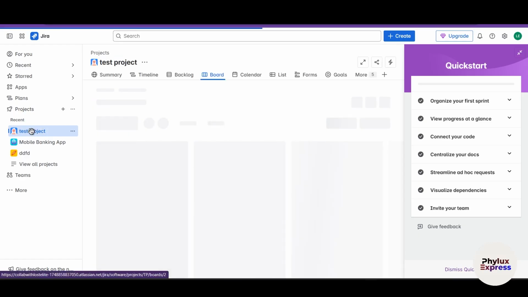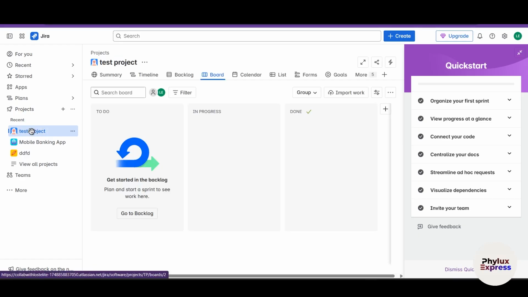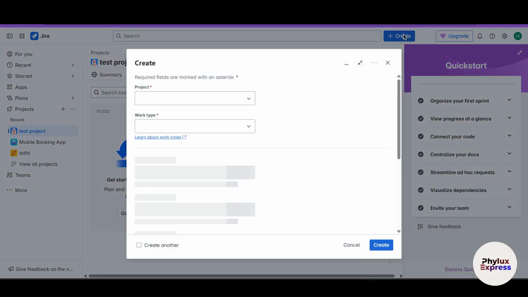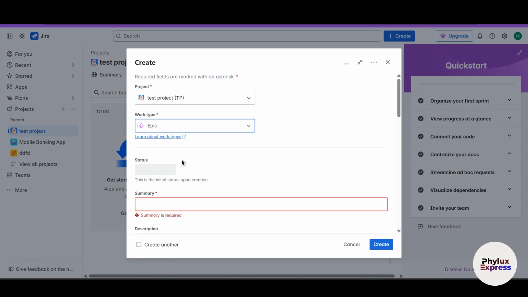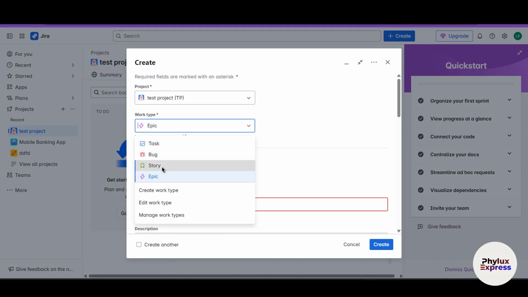Let's move on to the next step, which is create user stories and tasks. Now, in order to do that, let's create user stories, a feature or requirement that the end user needs. Just click on this create button again, and then from here you can choose story type. Just click on story,